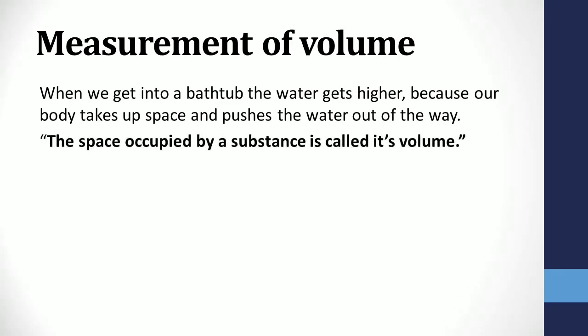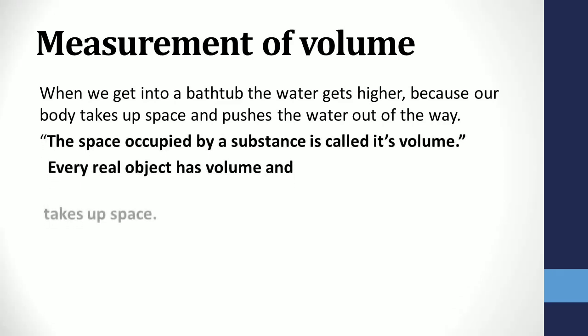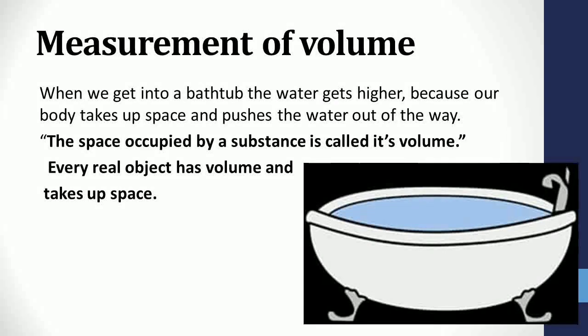Or we can take another example also. Suppose a cup is smaller than a bucket. Generally we state that. Or that a particular room is bigger than the other room. So what do we mean by these statements? When we say that the bucket is bigger than a cup, we mean that the volume of the bucket is more than that of a cup. In the same way, the volume of air in a big room is more than the volume of air in the smaller room, and so on.